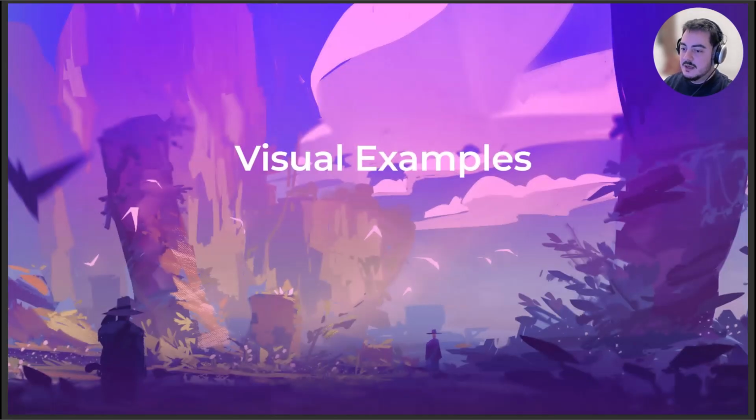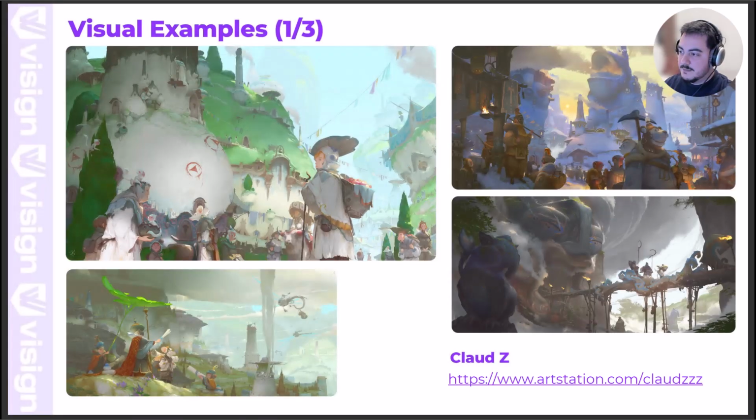Now let's go into some visual examples from various people and see what type of examples we have here. So here we have some very simple examples. They'll have the link there at the bottom as well. This is from Claude Z. I really like this artist simply because there's a lot of messaging being conveyed. It's a lot of journey stuff going on, and there's a lot of depiction of the world he's trying to build. And I think he has a series on this that is absolutely beautiful.